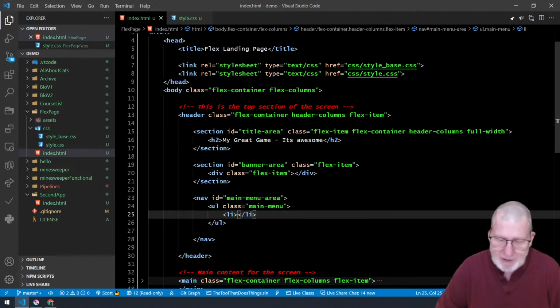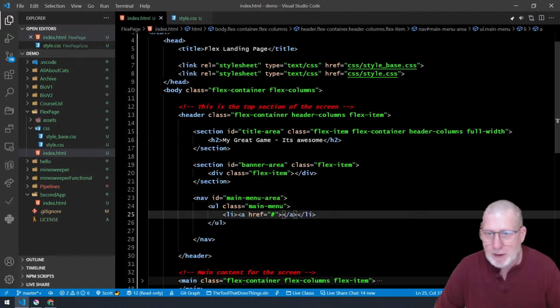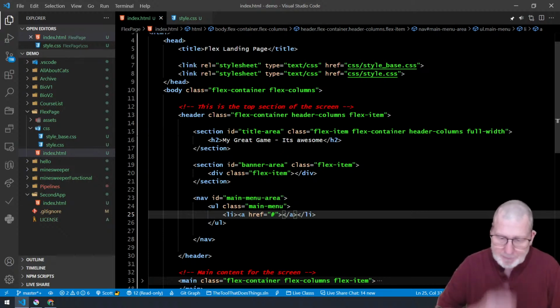And we're going to create some list items. And I'm going to create some links. Now, I'm just going to block these in as dummies. These links won't go anywhere. They will go to an ID in the page eventually. But let's say